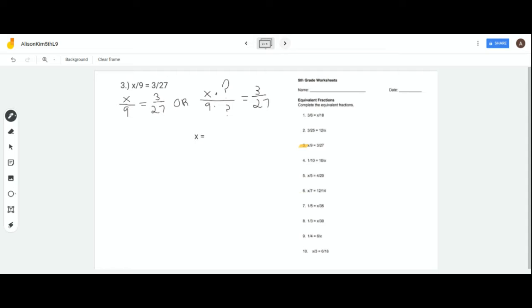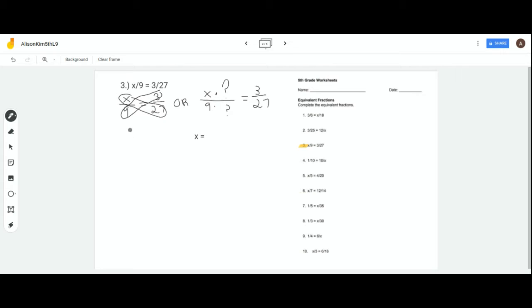Number 3 gives us x over 9 equals 3 over 27. So remember this slash is the same thing as fractions, so we put it as x over 9 equals 3 over 27. And we're trying to find the x, right? So we're already given 3 over 27 and we're given 9, right? So there's two ways to solve this. You could do the butterfly method or the x method,